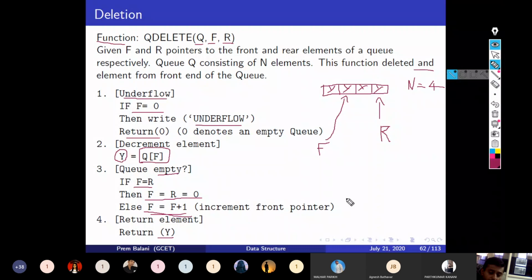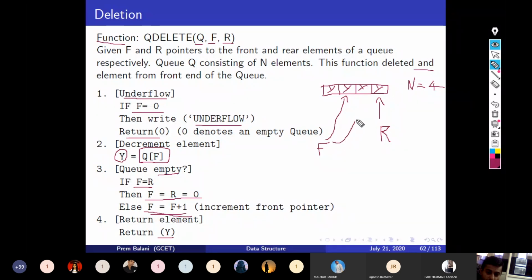Next, again if I want to delete, if I run this algorithm again, I have to check underflow. No, right now F equal to 1. Then I store the element at the front of Q into the Y variable, and then I check if F equal to R. Was it the last element? No. So I will go to the else part and increment the F pointer.